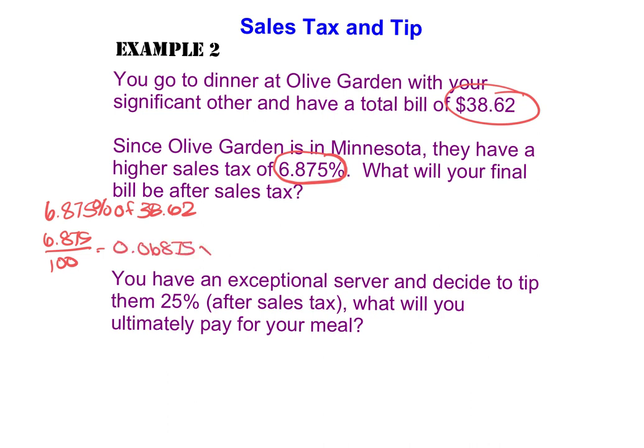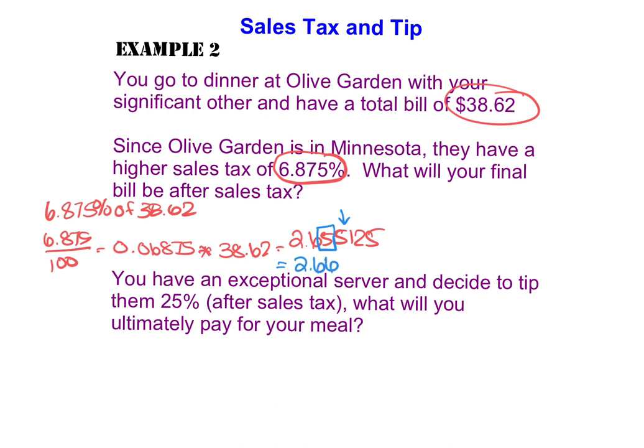0.06875, and we then multiply that by 38.62. And when we do that, we end up with 2.655125, which is way longer than the 2 decimal points allotted for a number for money. So we know that we can only go to 2 decimal points, so we have to decide if we're going to round that 5 up or leave it as 5. If I look to the right, I notice that the number to the right is a 5, which means it's going to round up. So my tax is going to be